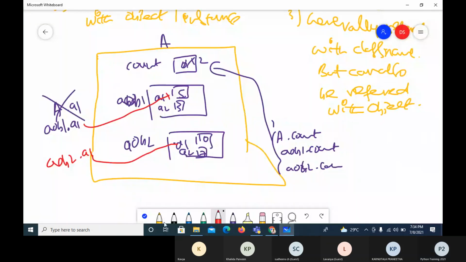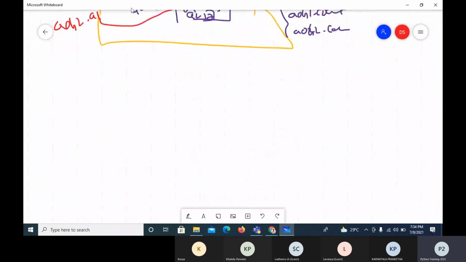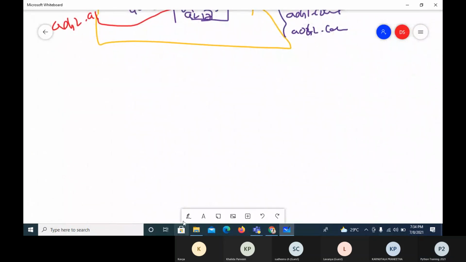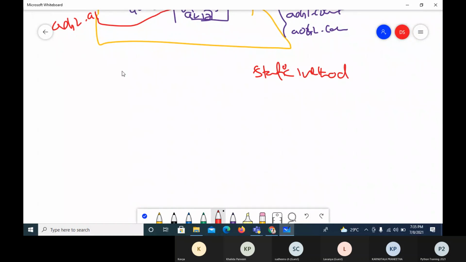Next, one more we'll see, which is the static method. So next we'll see static method. Class method we have seen.